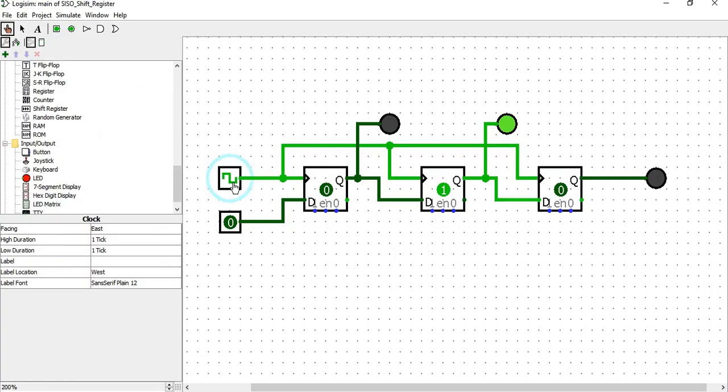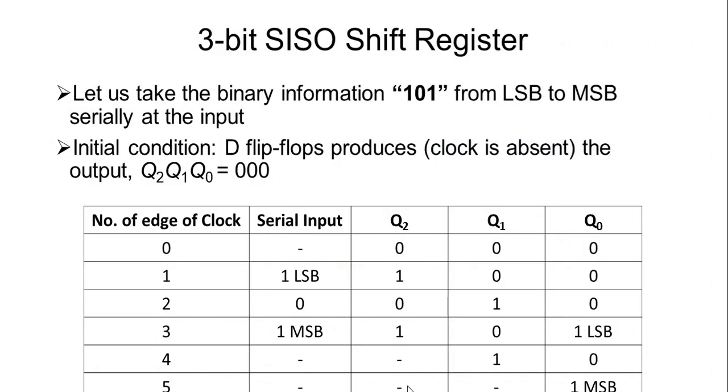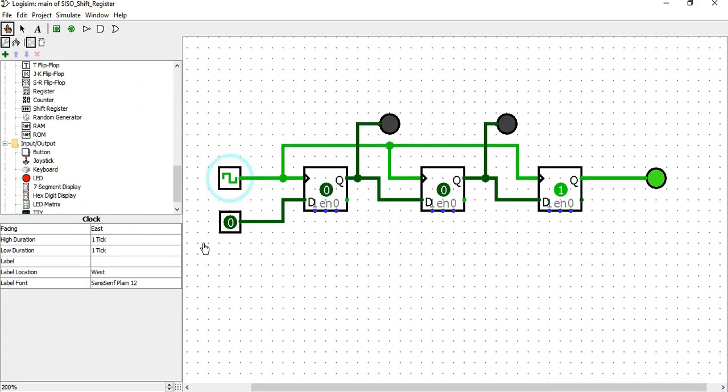Now my input would be 0. I will apply another clock pulse. So I will get 0, 0, 1, which is my MSB. As you can see in the table, 0, 0, 1, which is my MSB. So I have passed the serial input 1, 0, 1.